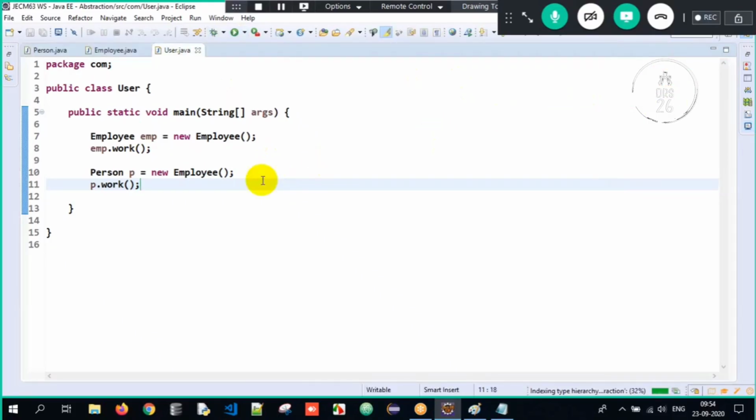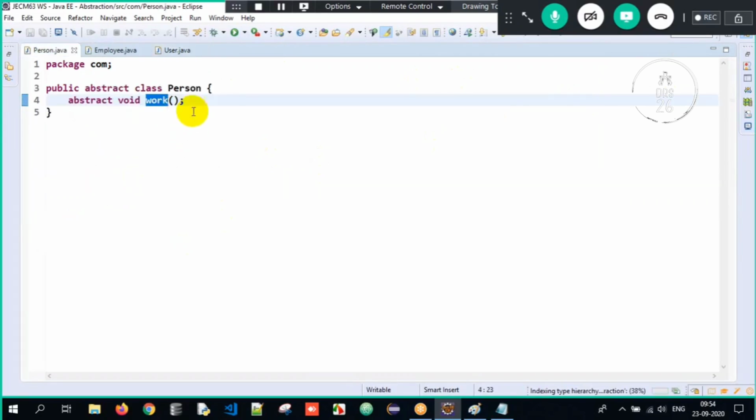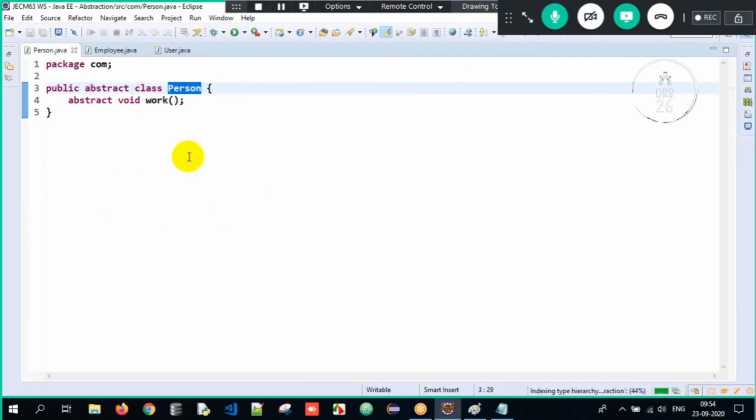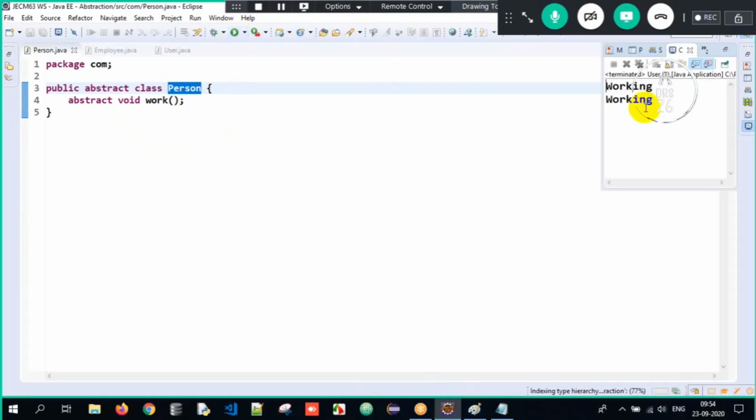But now when I cross-check the implementation, press Control on your keyboard, hover on the method, click on the method. Where is it taking me to? It is taking me to the work method present in the abstract class Person, wherein the implementation is not at all visible. But now when I execute it, I will get the valid output, but the implementation is not visible. So this is called abstraction.